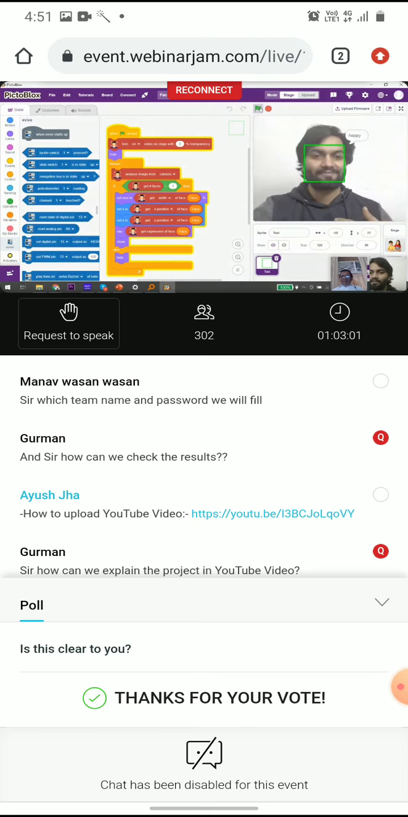So like happy, surprised, angry, maybe... it's not identifying sad, maybe because of my beard. But yeah, when you try, you can try different expressions, and it would be able to identify all those things. So these are the things that you will be creating in PictoBlox